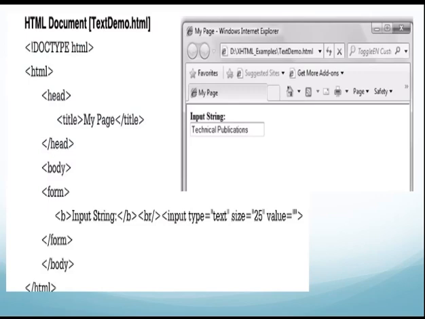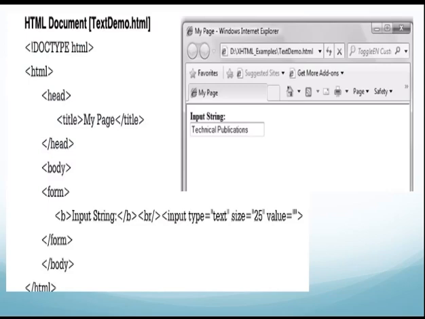I have written in bold the text input string. So open the B tag, write input string, then close the B tag, then give a break, because below input string I want to create a text box. So close the BR tag, then I want to create a text box. So open the tag and write input type is equal to text.